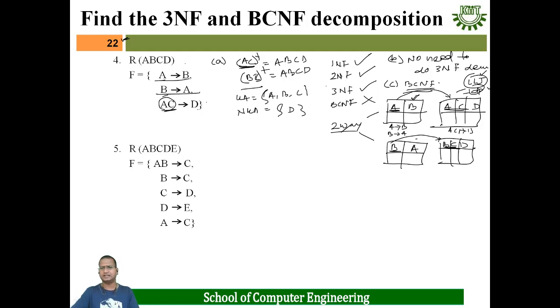Okay. Then in this case, we have to see whether all are satisfied or not. A to B is present, B to A is satisfied. Direct preservation. Then AC to D, AC determining D, is it satisfied or not? A can be replaced by B, that means BC determining D is satisfied. That means here also lossless join as well as dependency are satisfied. That means here the preferable decomposition is your BCNF decomposition. This is the good decomposition.